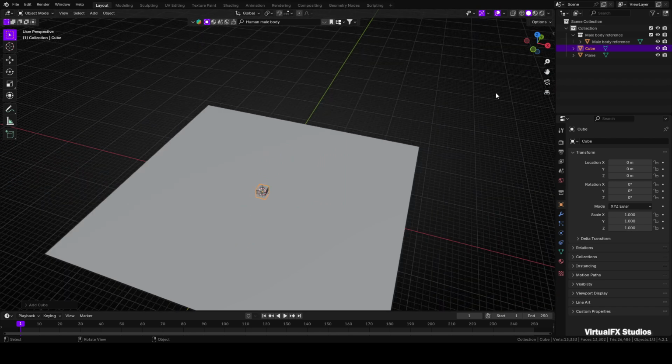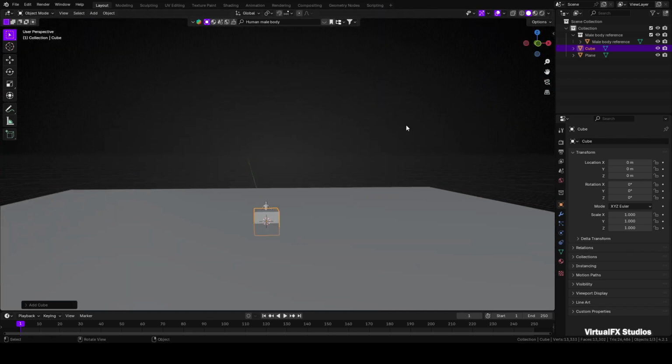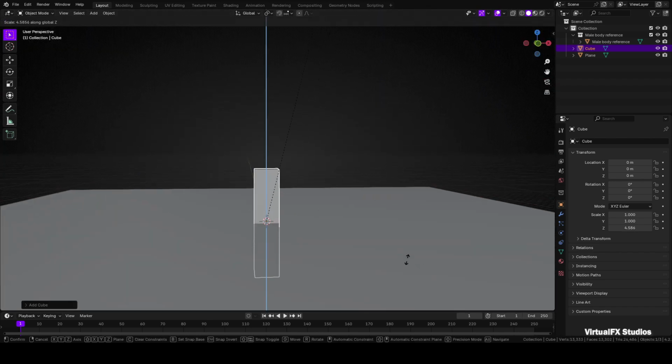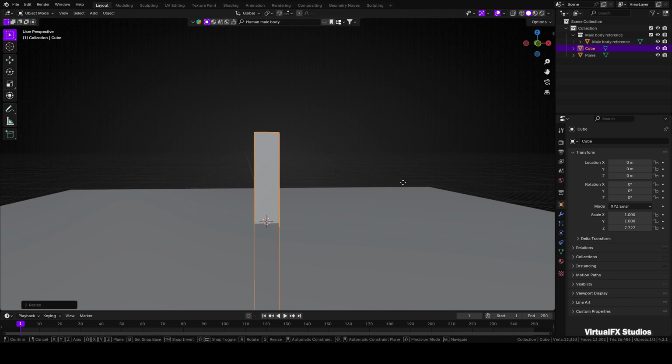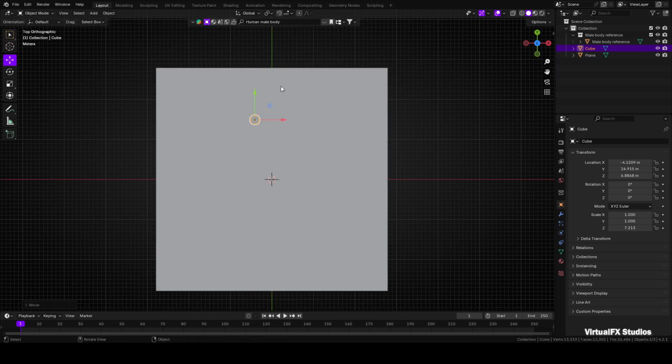We'll first block out the environment that we want in Blender. Blocking out the scene makes it easier to kit bash the remaining 3D assets later. So let's start by adding a cube. Scale it up along the z-axis like a pillar, then move it slightly backward on the ground plane.